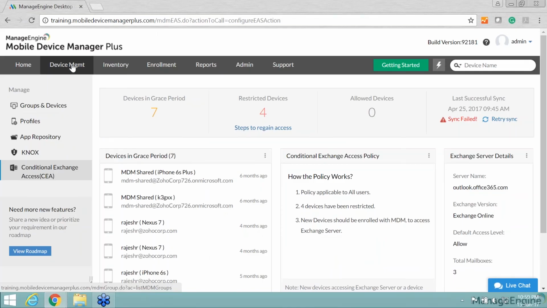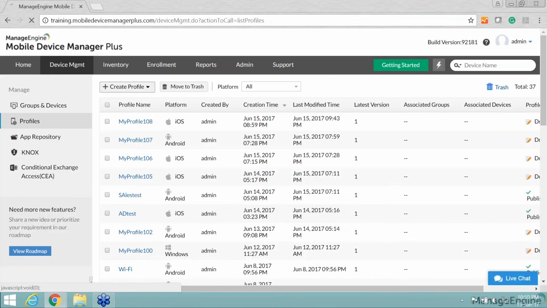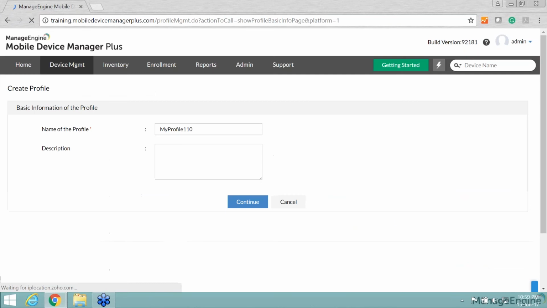Under the device management tab, I go to the profiles to the left. I click on create profile. Let's say now for iOS devices, I want to create a specific profile. Again, platform specific profiles can be created here. Name of the profile, let's say it's for my R&D team.